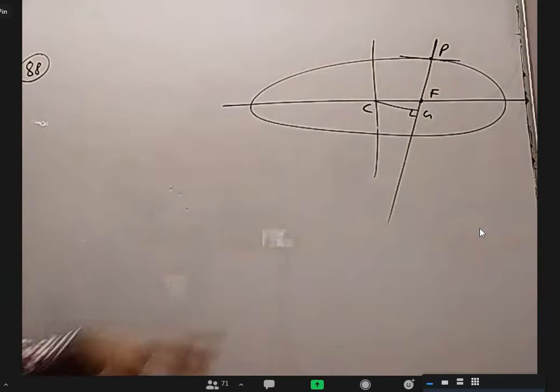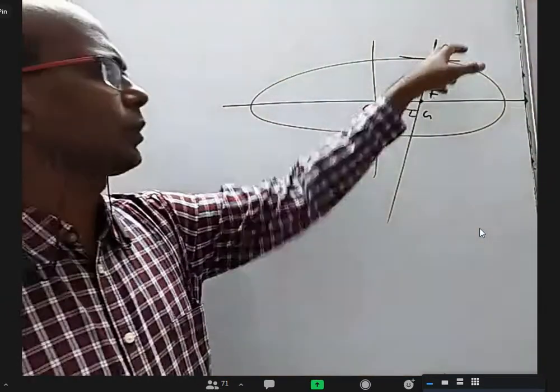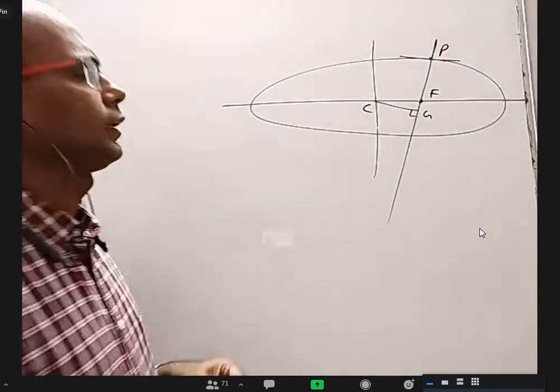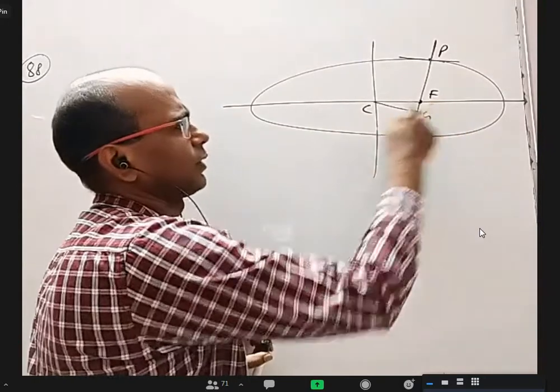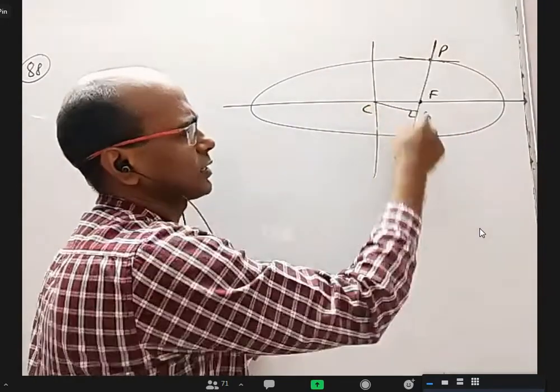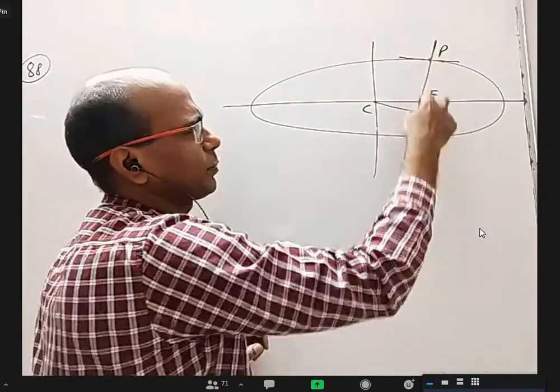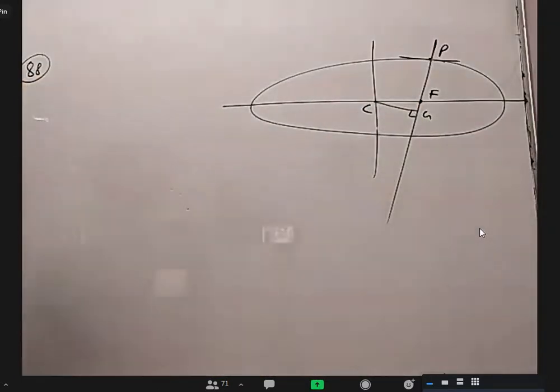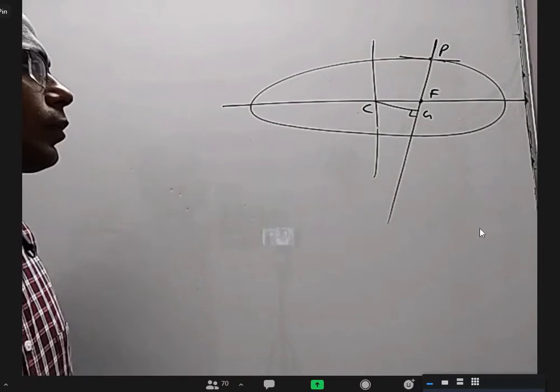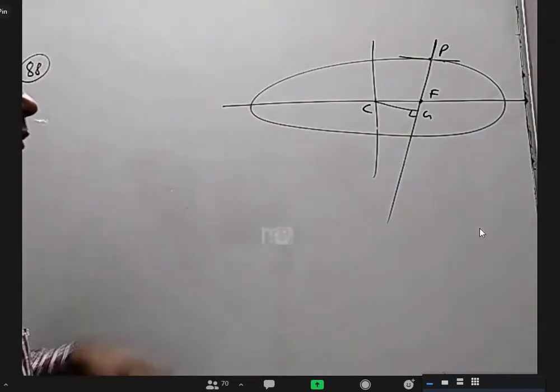All right. So take any ellipse, draw a normal at a point, and it intersects the x-axis at G. And the foot of the perpendicular from C on this line is F. They want the PF length and PG length. Anybody want to give an idea how to find it? And there is a constant, how to prove it?